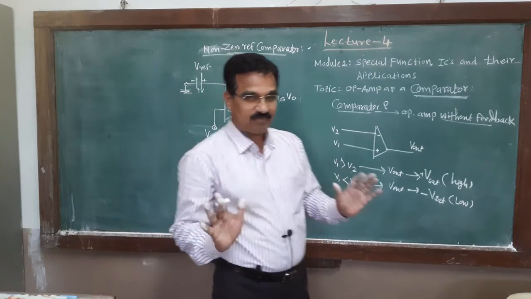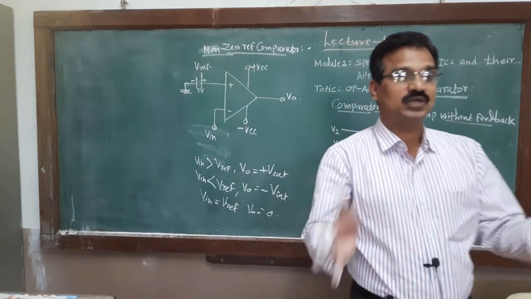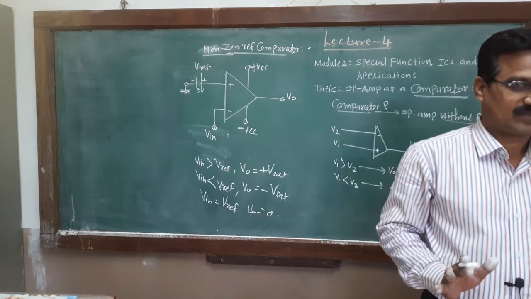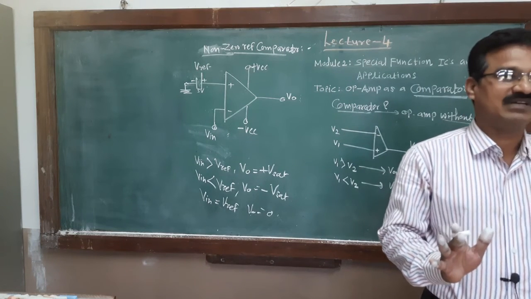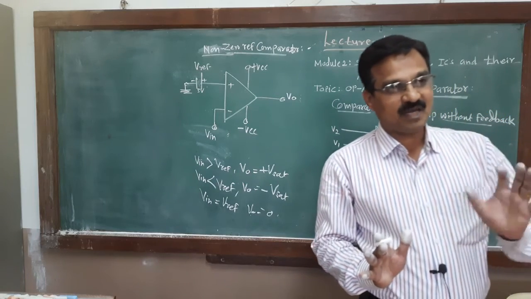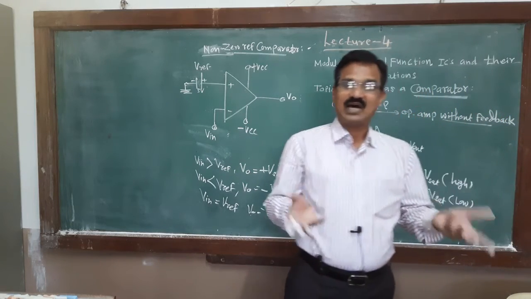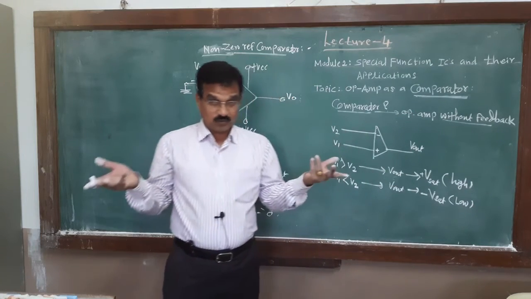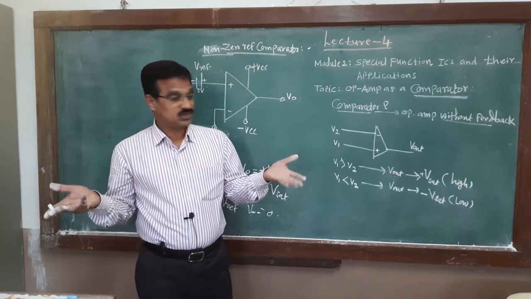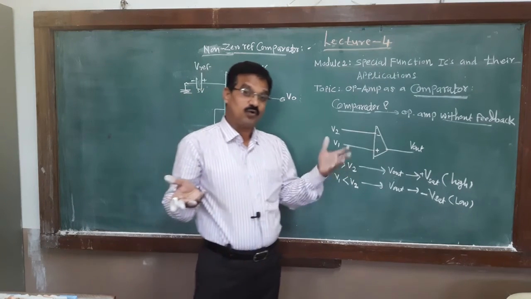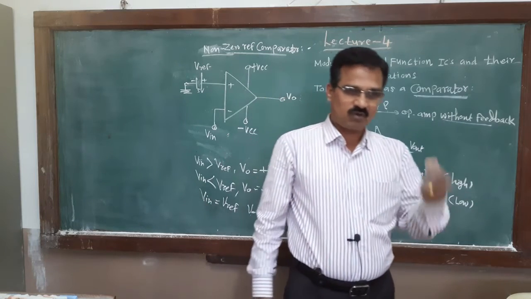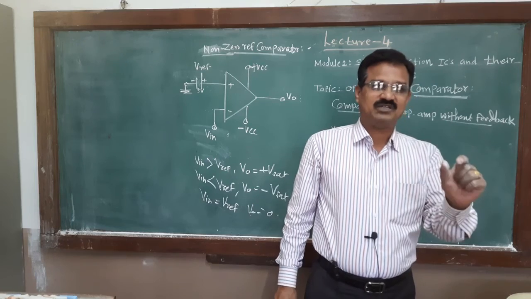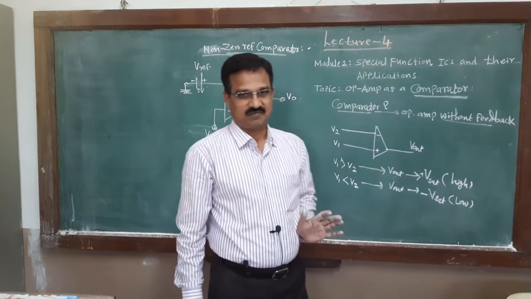Only remember that the role of the comparator is to compare the two input voltages. Out of those, one is the reference, another one is changing. And depending upon that, the output is either high or low. High or low means positive saturation or negative saturation. Why does the output go into positive or negative saturation? Because it is used in open loop gain without feedback, meaning a small difference voltage is sufficient to produce the saturation output voltage.